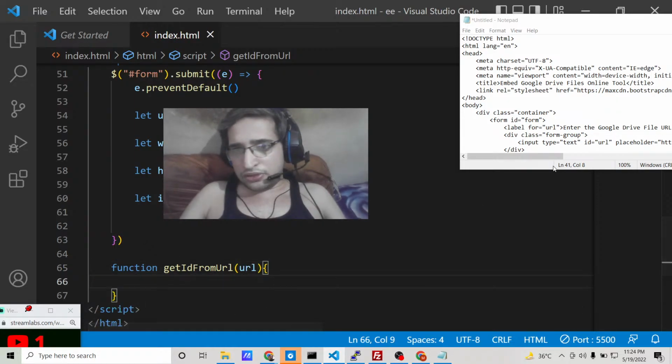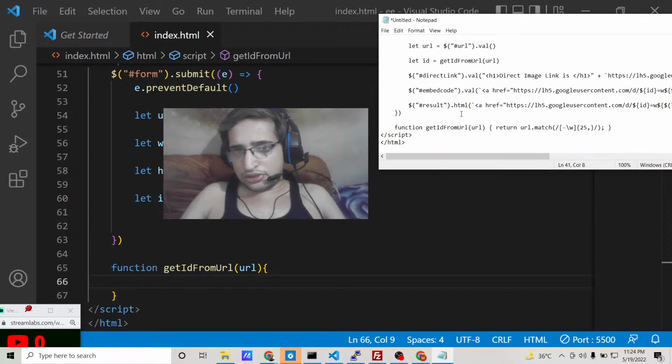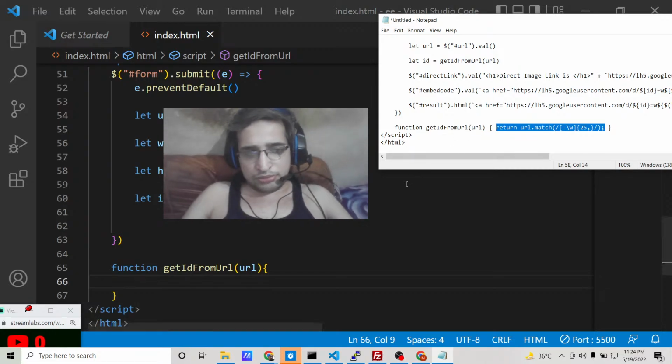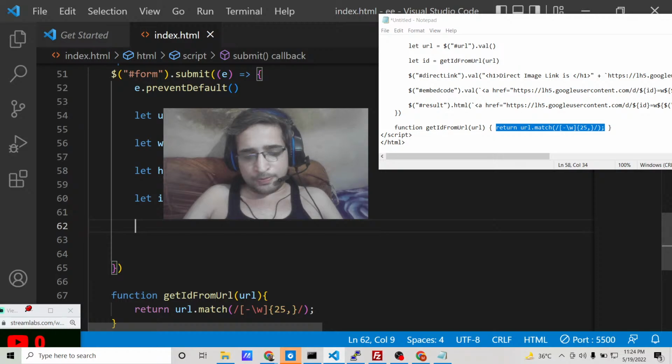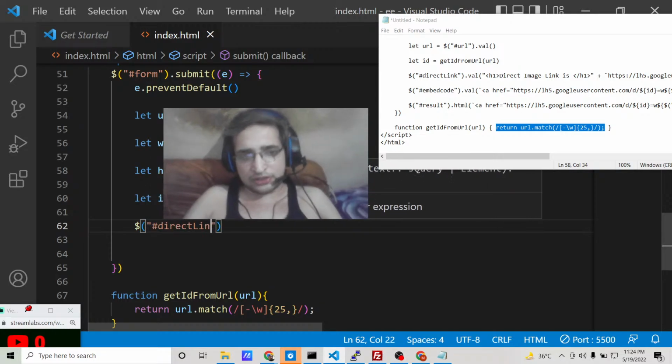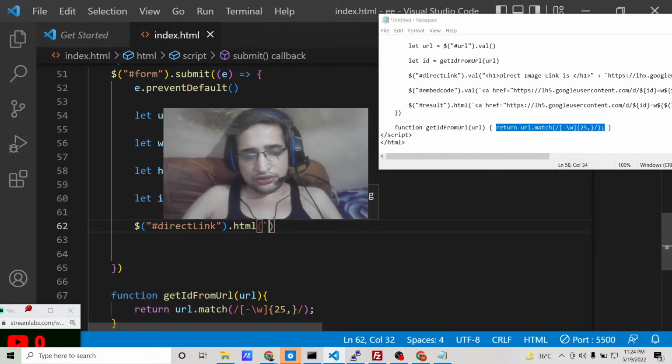In the last video, I showed you how to do this process. This is done using a regular expression. Let me paste that code. Simply, I will paste it. The direct image link will be pretty simple. We will attach this. So direct link dot html, and here we will pass